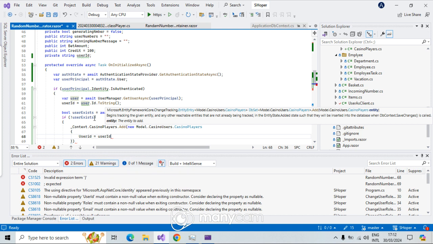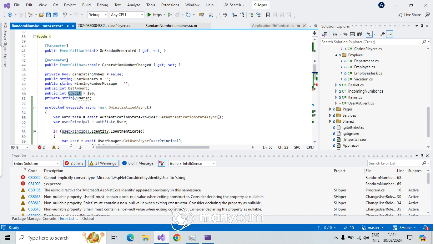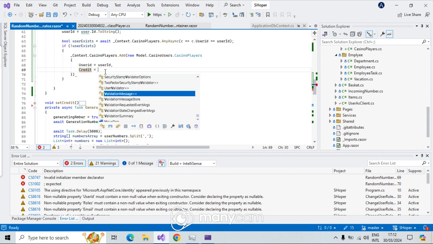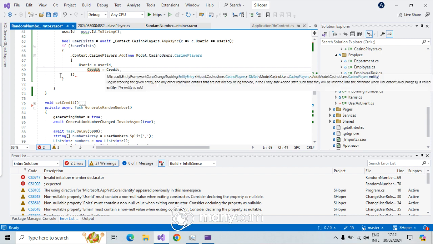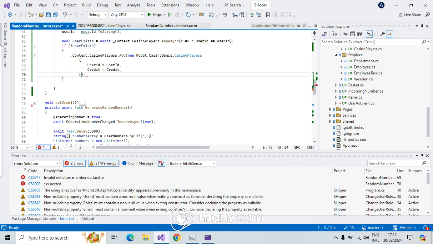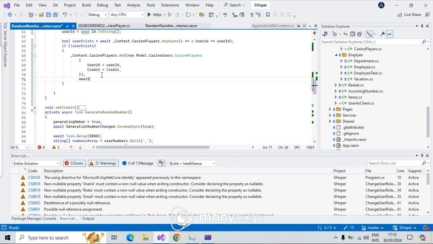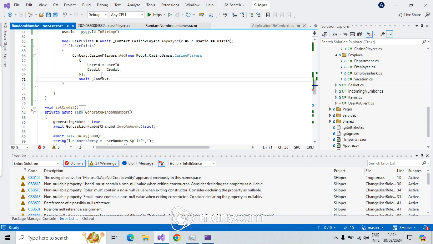User ID here, and then the next one is credit, which I need to match with this credit, which is now here. Credit is equal to credit, and then here I say close it, and after all these things happen, I say context does just save my data there. Here, save changes async,